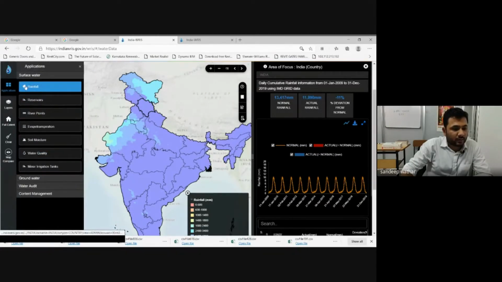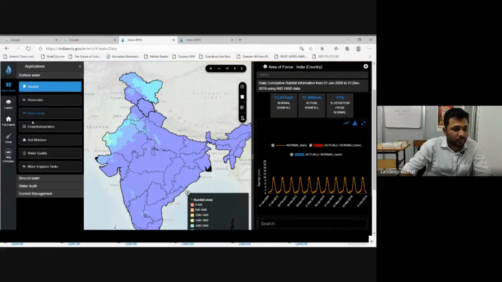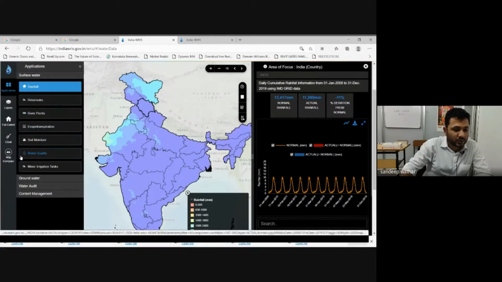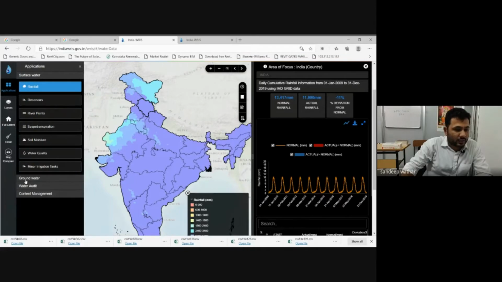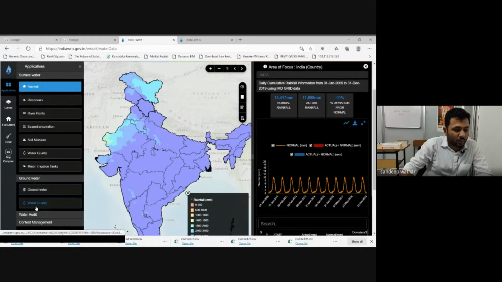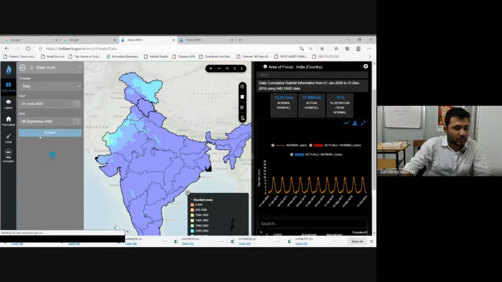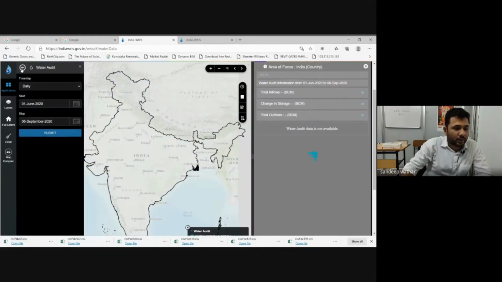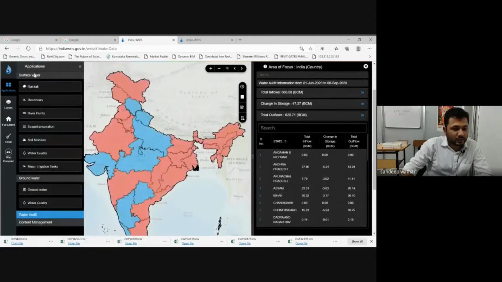We can have data with respect to rainfall, reservoirs, river points, evapotranspiration, soil moisture, water quality, and minor irrigation tanks. There is another set of data called groundwater data, which includes groundwater and water quality. Then there is audit, so you don't need to worry about it. So this is surface water.